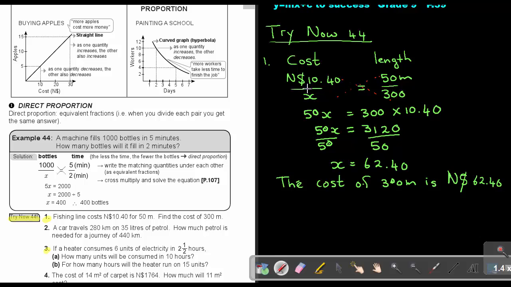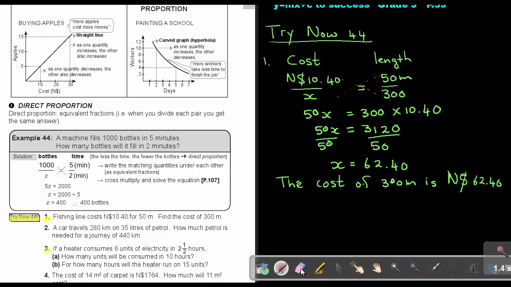And if you put it in there, you will see that this is equal to this. So basically, if you substitute that 62.40, let's just test it. So it's 10.40 divided by 62.40, and I'm getting 0.166666. Do the same with that one: 50 divided by 300, and I also get 0.1666. So if I substitute this in there, I do the division, that too will be equal.